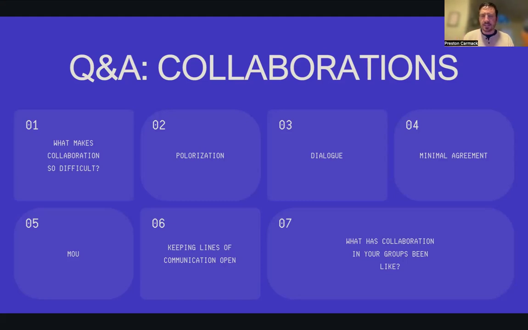There's also this idea of minimal agreement. So Arnett looks at this world of polarized communication, and then he gets into conversations about postmodernity and meta-narrative collapse and all this stuff that kind of goes beyond the scope of this class for the moment. But it's really interesting if you ever want to read more of Arnett's work or Dr. Fritz's work, who's the current chair of our department. They both do some wonderful things on this.